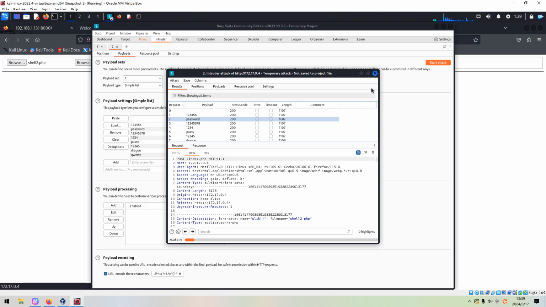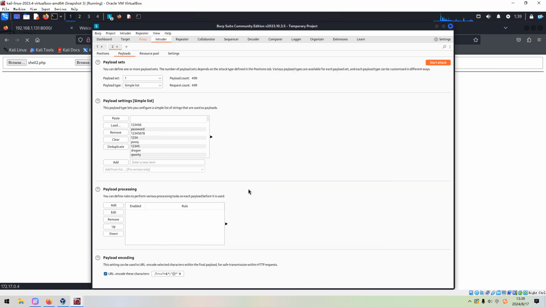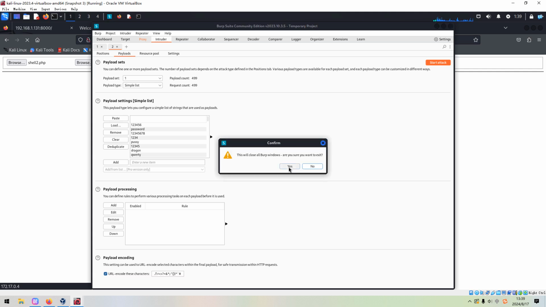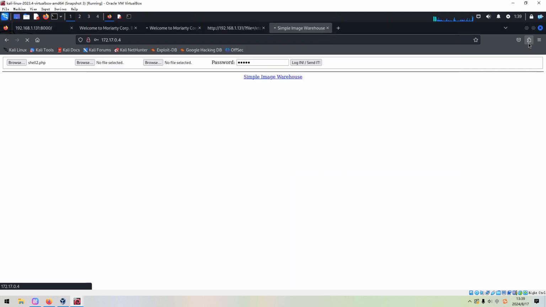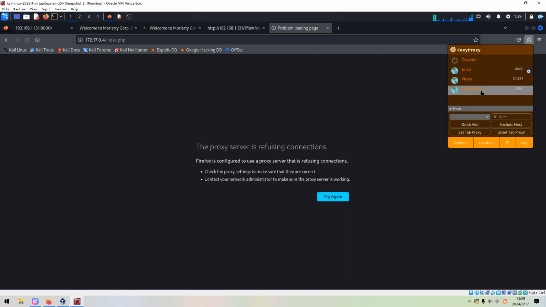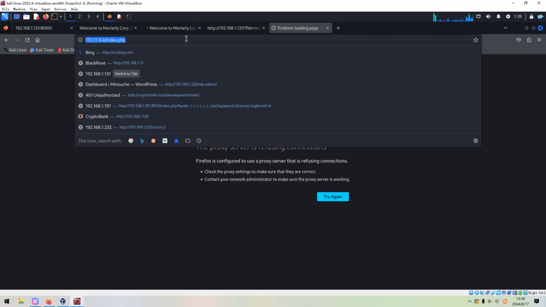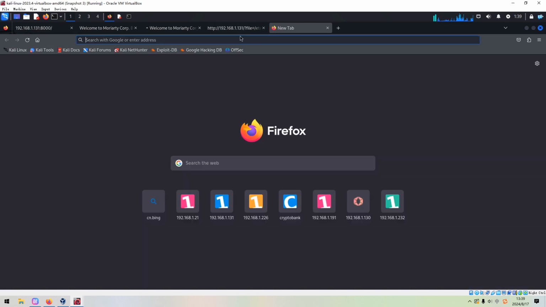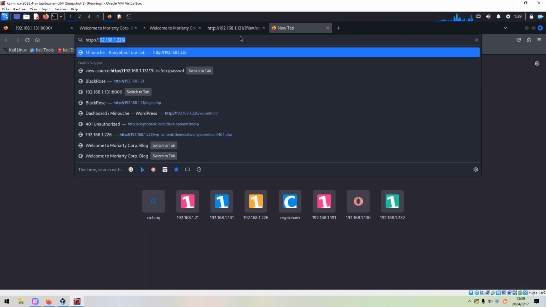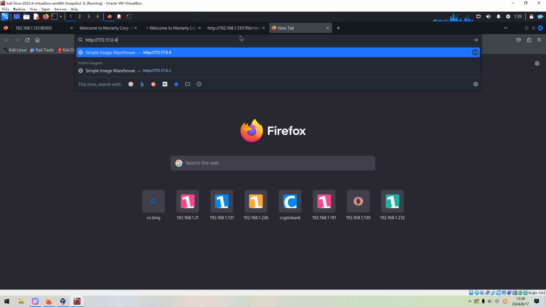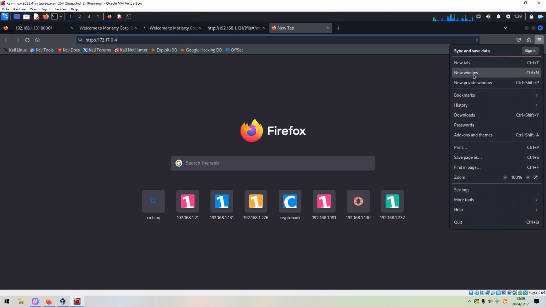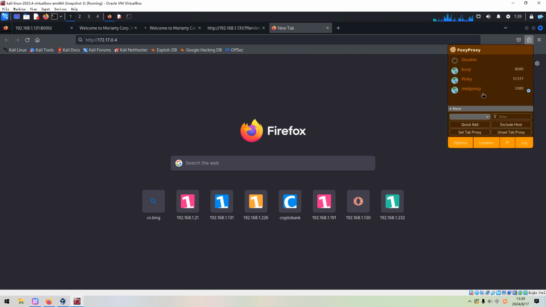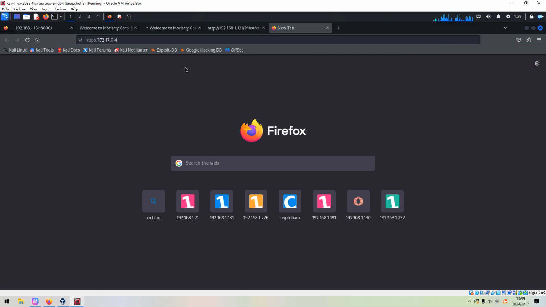Okay, so I'd like to close the Intruder module and also close Burp Suite. And also we can turn to the Meterpreter proxy, press enter. So make sure the proxy has been turned on.